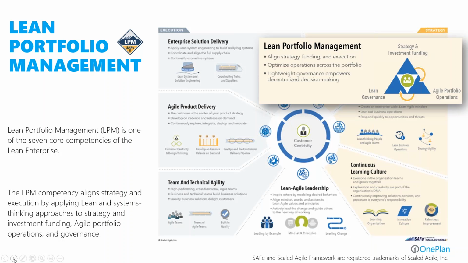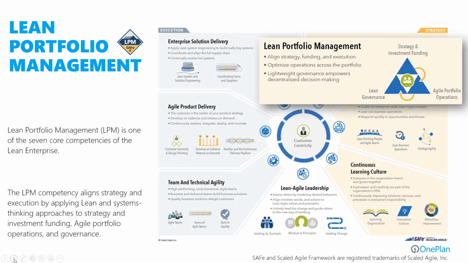There are 7 competencies in SAFE. Lean Portfolio Management is the one that's perhaps the most top-down, executive-leaning piece, which is all about making good strategy and investment decisions,